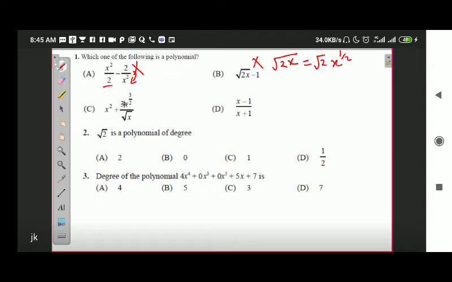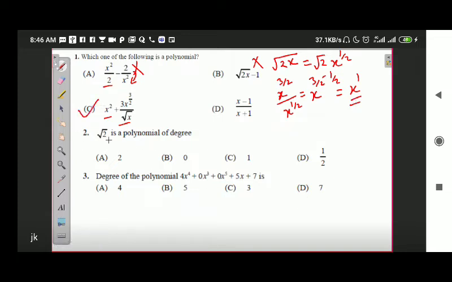Thirdly, the first term of the expression is a polynomial, that is x square; power 2 is a natural number. Let's talk about the second term. I'm just talking about the variable part. The constant part does not play any role in being a polynomial or not. For x to the power 1 by 2, as the bases are the same, the powers are going to be subtracted, as we have already studied in exponents. So this will be x to the power 1. So the net power in this case is 1. Therefore, this is the correct answer.